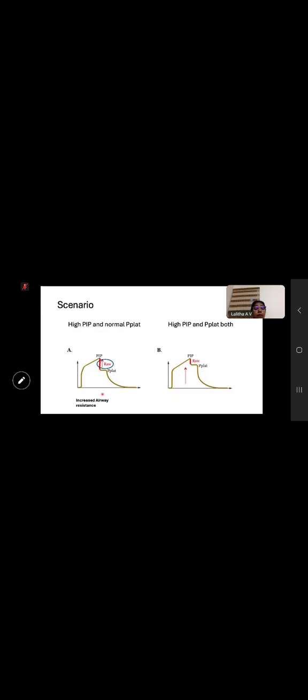Okay. So how do we measure this P plat? By keeping an inspiratory hold. In the subsequent classes, when you're dealing with diseased lung, we will teach you how to measure this P plat. Just understand this. There's something called PIP and P plat. If this difference is high, you might be dealing with a patient with airway resistance. Suppose both the PIP and the P plat both